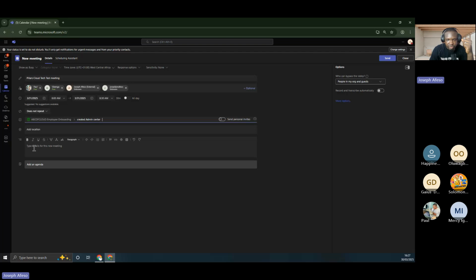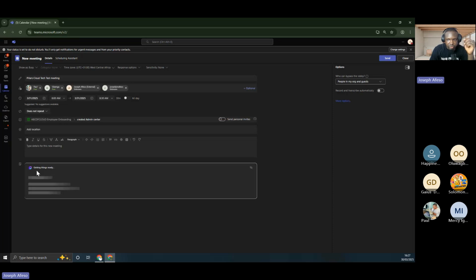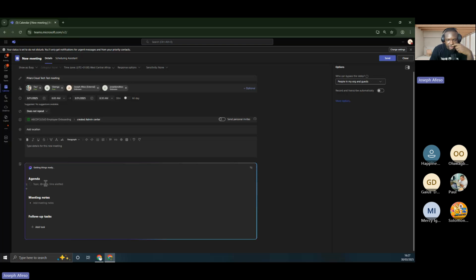And then if there are notes that you want to add, so that when they get this meeting invite you introduce them to what you want to discuss, you can put it here. So this is going to come up under their Outlook to just say, hello team, as per this arrangement, we are going to be doing X, Y, and Z. Then this is the agenda. So this is where you list what you want to do, right? The content of what you want to cover in the course of your meeting.